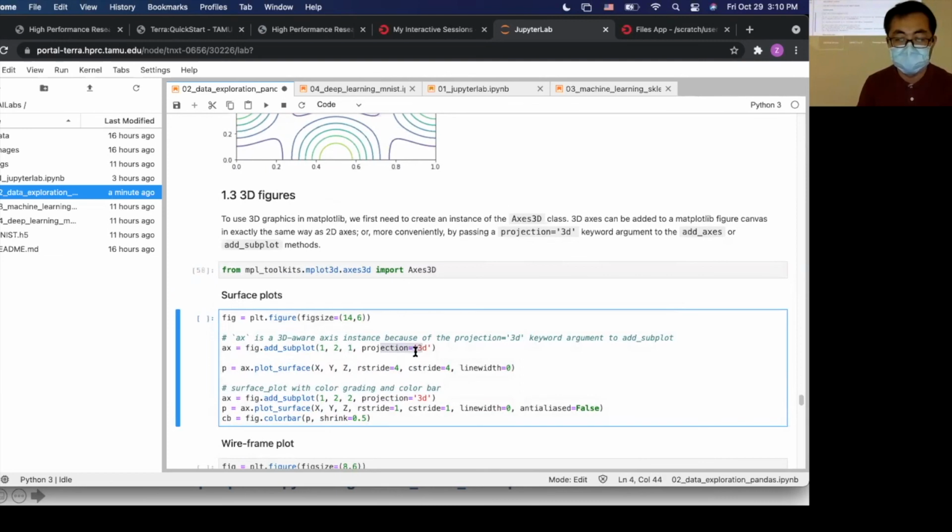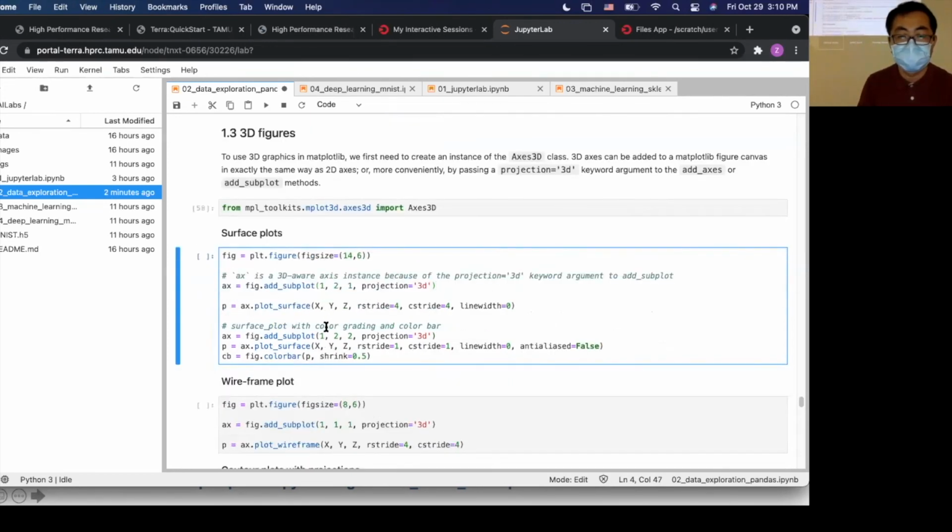We specify the keyword argument projection to be 3D, and we will get a 3D figure. We have another one. Actually, the data are the same, but some other parameters are not the same, like row stride and column stride. So let's see what we have.